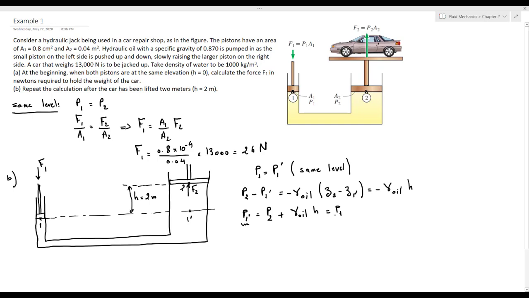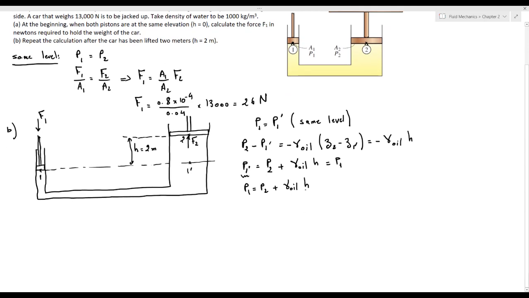So we will obtain P1 equal to P2 plus gamma oil into H. So P2 is F2 over A2 plus gamma oil into H,